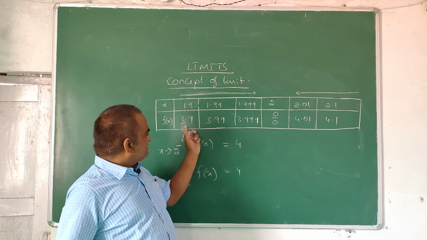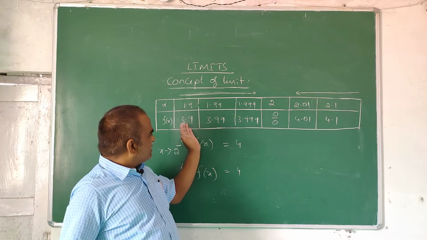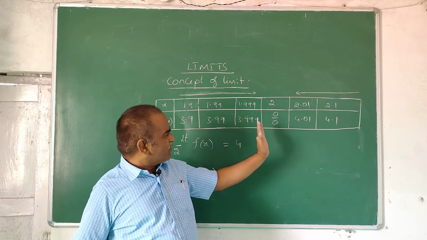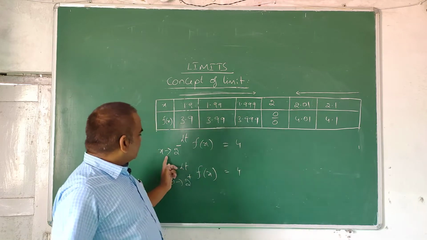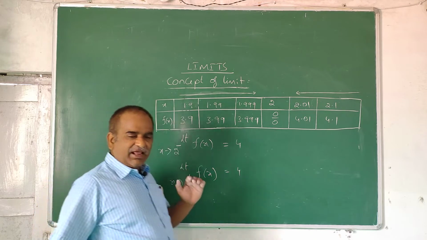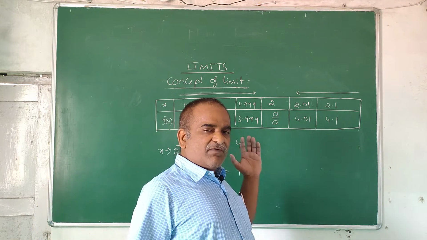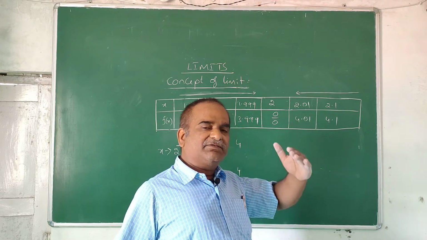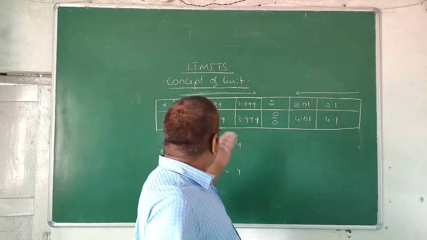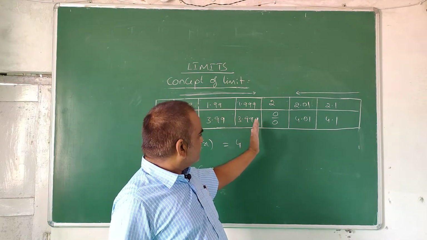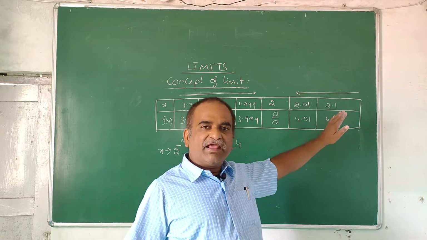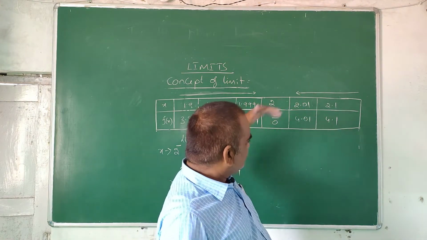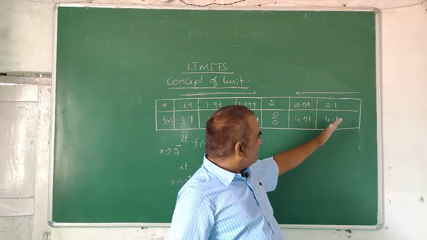The f of x values are increasing and going closer to 4. When x tends to 2 minus, when x approaches 2 from the left side, the f of x value increasingly approaches 4. Are you following? And if you take x approaching 2 from the right side, then the f of x value